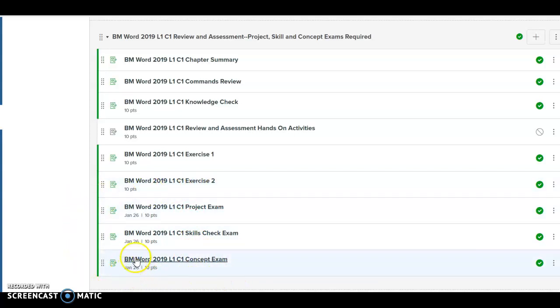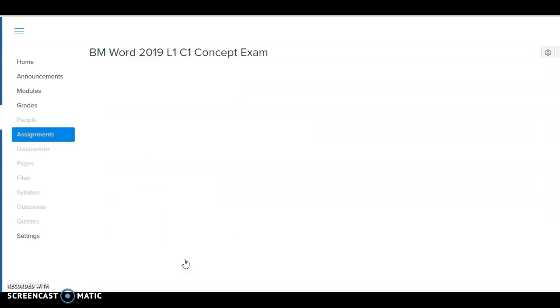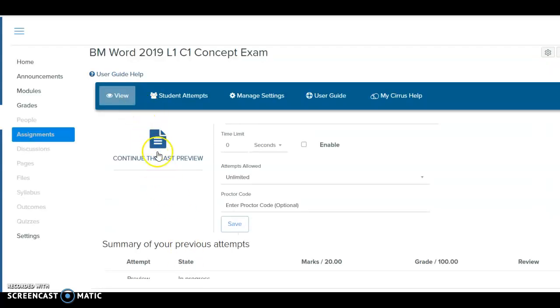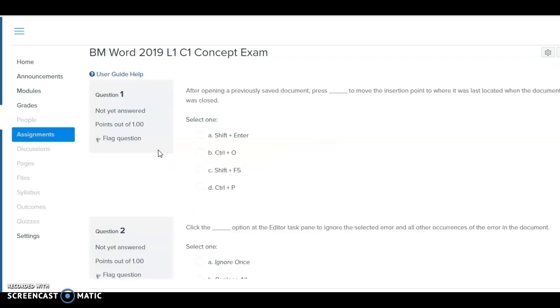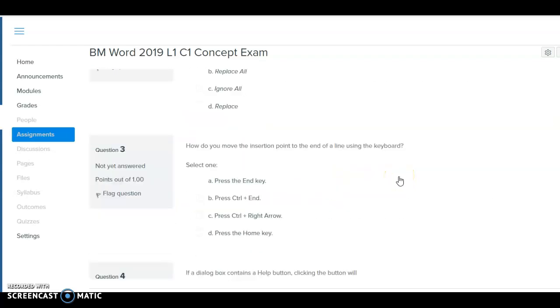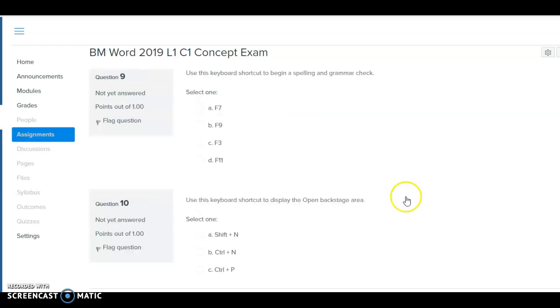And again, you will notice there are due dates by each one of these items. The concept exam, as I said before, is going to be answering questions. So that's why doing the knowledge checks or the chapter reviews would be good. You're going to see multiple choice questions. In this particular chapter, you're going to see you have